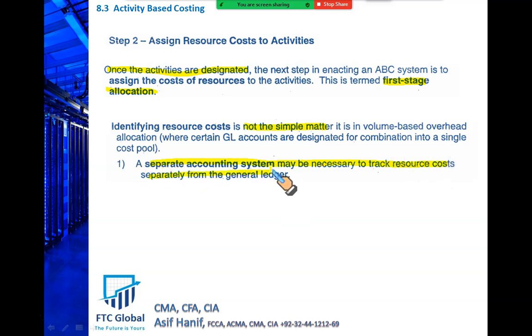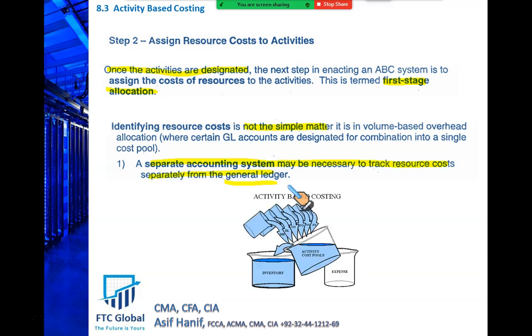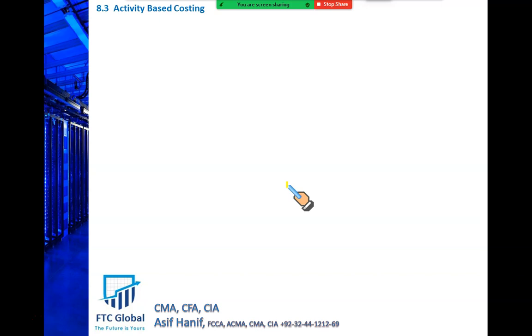So gentlemen, you may have to have a separate accounting system to trace costs, because our conventional system is based upon the US GAAP and IFRS, but you may need a separate parallel accounting system that tracks resources to the general ledger. This could be quite complex, costly, and time consuming, but many firms are doing it successfully. I will also explain how we can do it. We can apply ABC, but still do not violate IFRS and US GAAP. I'll explain just in a little while.